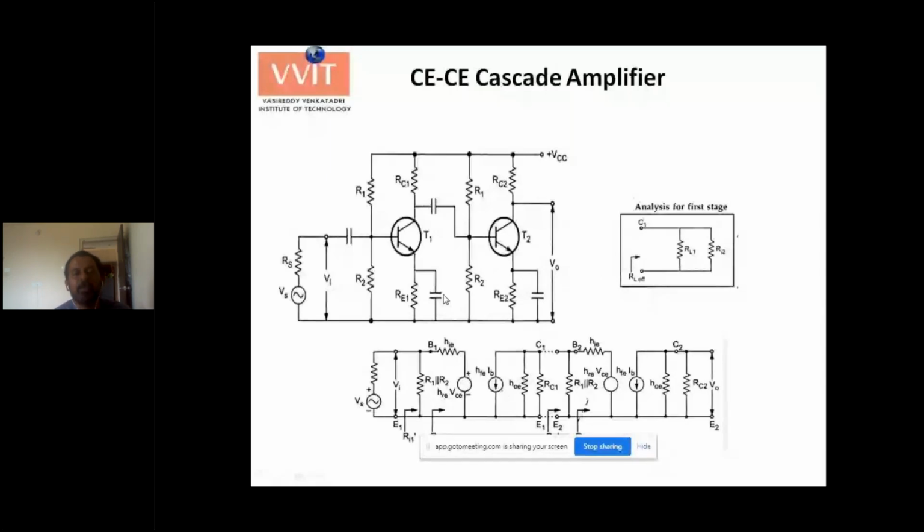That's the reason why we always find R01 first, then you need to find R0. Do you understand? So what is the source resistance for stage 2? Simply R01. Once you know R01, you can find R02. R02 is the overall output resistance. This is how one can perform analysis of multi-stage amplifiers. Most of the times you may get at least this problem in one of the sets. You have to work with this.